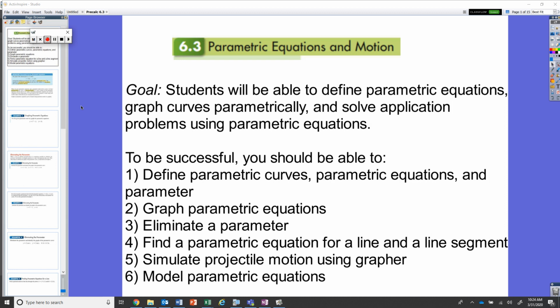In this video, we are going to open up a brand new section 6.3, which is all about parametric equations. The goal in this entire section is to be able to define parametric equations, graph curves parametrically, and solve application problems using parametric equations. In this video, specifically, we are going to be discussing the definition of parametric curves, and